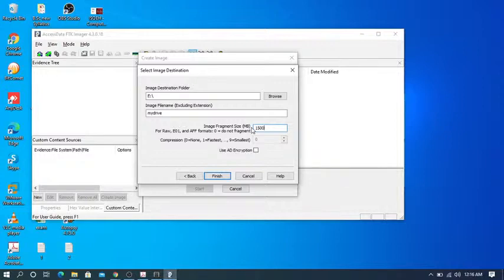So once we use the image fragment size of 1500 MB, it will create fragments of a maximum size of 1500 MB. So to store all this 10 GB of data, how many fragments may it use? That is 10,000 MB. Actually, if we go for